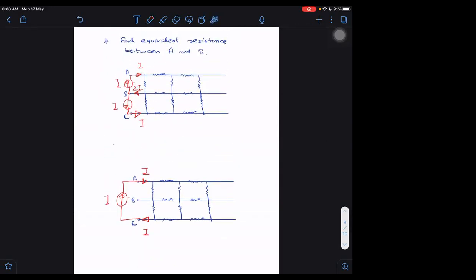Now we already know the equivalent resistance in this situation. Do we know or not? We can tell easily because we have done such a question before. We can remove the middle wire completely and we will get R and here 2R, R and here 2R, and so on. We can get this resistance easily. This part can be done.